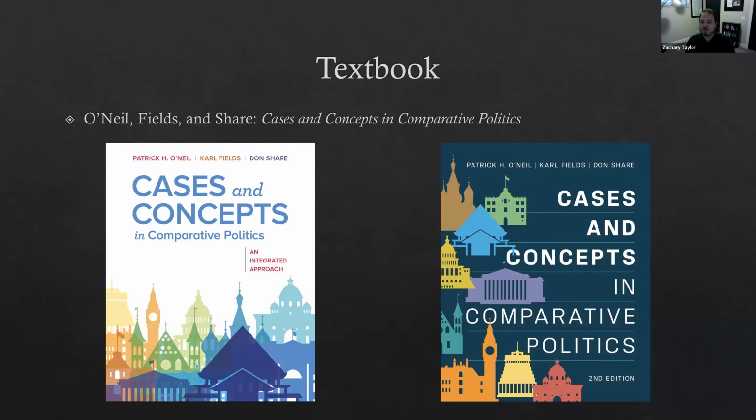As of the start of this semester, they let me know that there's a second edition of this textbook, and just got everything set up for the online inclusive access to this second edition. That being said, if you had already purchased the first edition of this textbook, which is the one here on the left, the white cover, that should be more than fine for this class. Moving forward, we'll be shifting into the second edition. It has a little bit more updated information by just a couple of years.